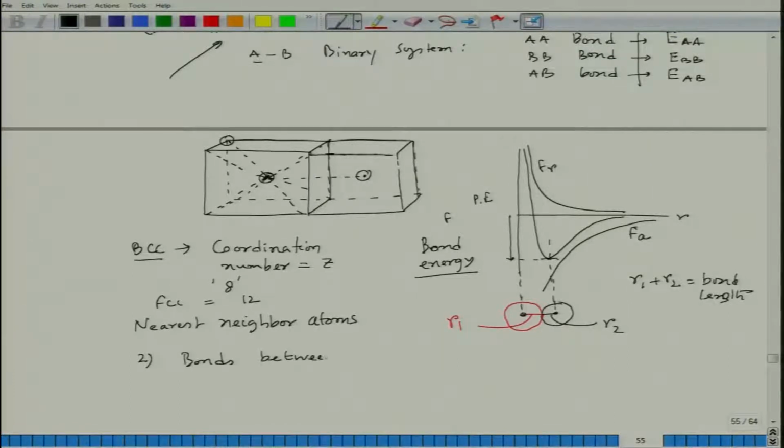So, bonds between nearest neighbor are considered only. And interaction between atoms which are far away, not nearest neighbor, are not considered. The third assumption,